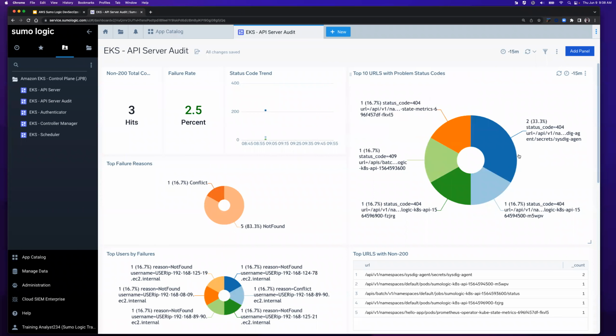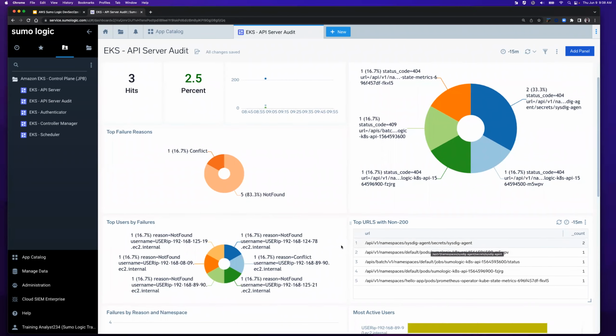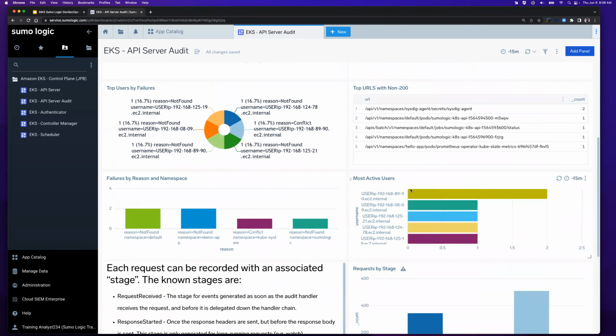Well, if one of these has a lot of problem status codes, I probably want to check it out and see what's going on. Here are the top URLs with non-200s. When we're looking at this, it's web server data. Remember, 200 is good. Anything else but 200 is bad. 404 is probably the best example of bad. But certainly this is helpful. Why is this one showing up twice in the past 15 minutes as being, I'm using air quotes, bad? The most active users, starting to see who's active.